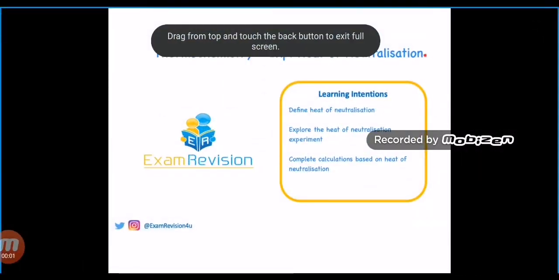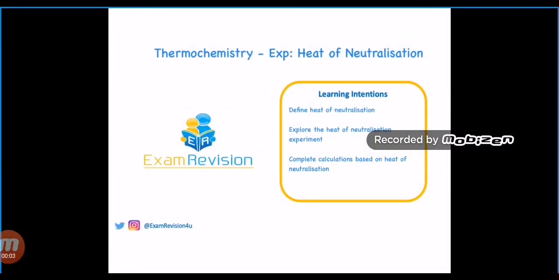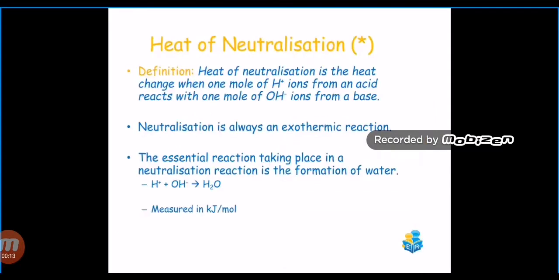We're going to look at heat of neutralization and the experiment. So we're going to define heat of neutralization, we're going to explore the heat of neutralization experiment, and we're going to complete calculations based on heat of neutralization. So to begin, we need to define heat of neutralization, and heat of neutralization is the heat change when 1